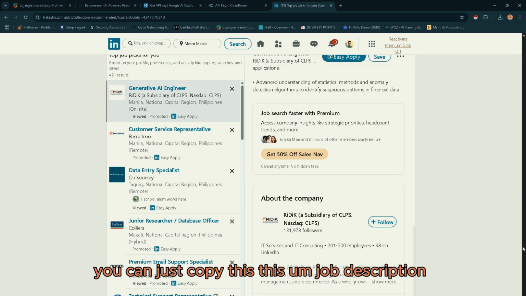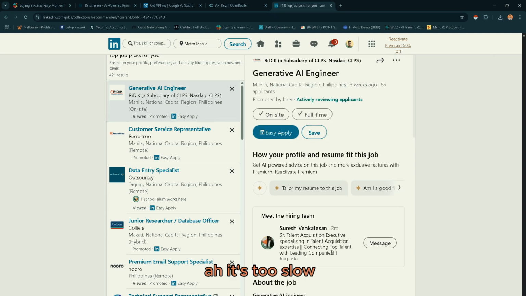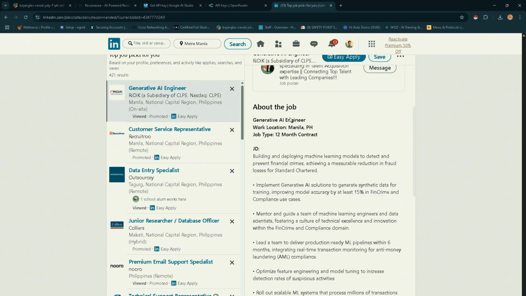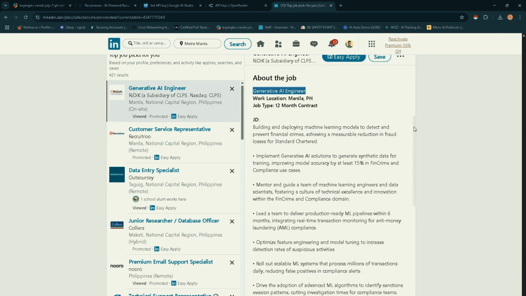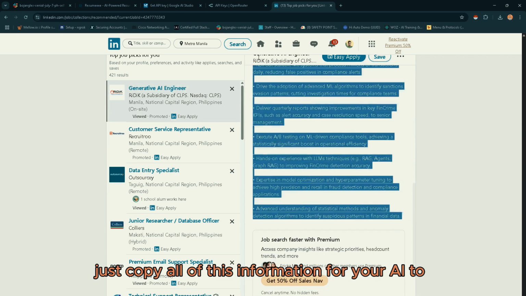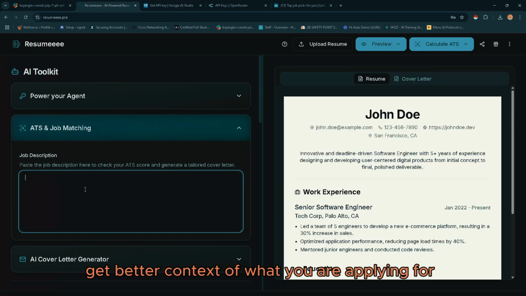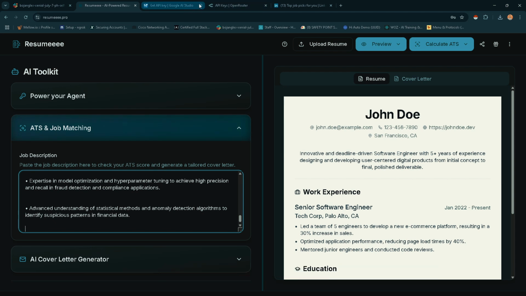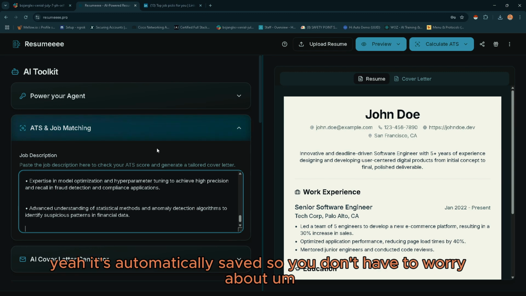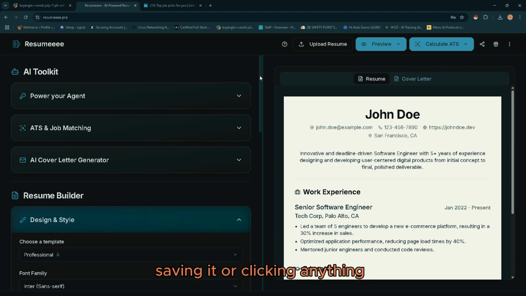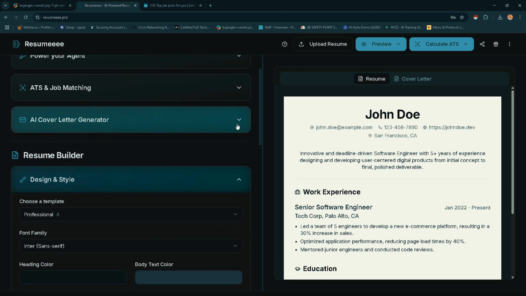You can just copy it. It's too slow. Just copy all of this information for your AI to get better context of what you are applying for. It's automatically saved, so you don't have to worry about saving it or clicking anything.